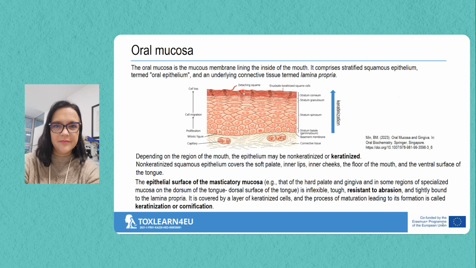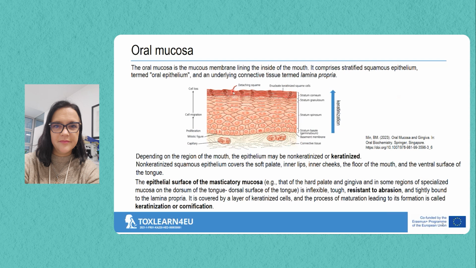Those two layers or those two parts differ in two different things. The first is the resistance to abrasion, and the upper part is more resistant to abrasion. And you know that we are eating and chewing hard food in our mouth, that we can even bite our mouth inside. So the cells need to recover, and this superficial layer that you can touch with your tongue always needs to be replenished with cells. So when you make a damage of your cell, the other cells need to replace those cells, either from this layer or coming from the layers below.